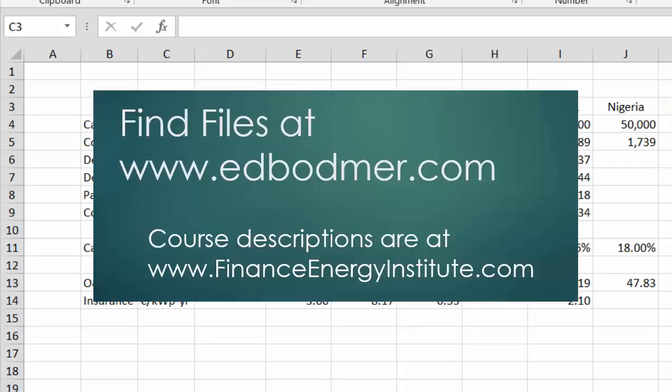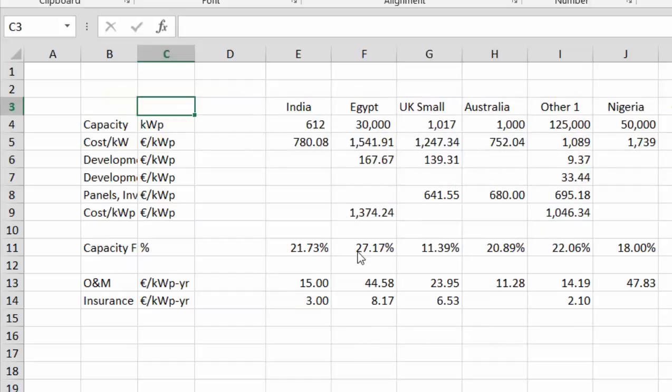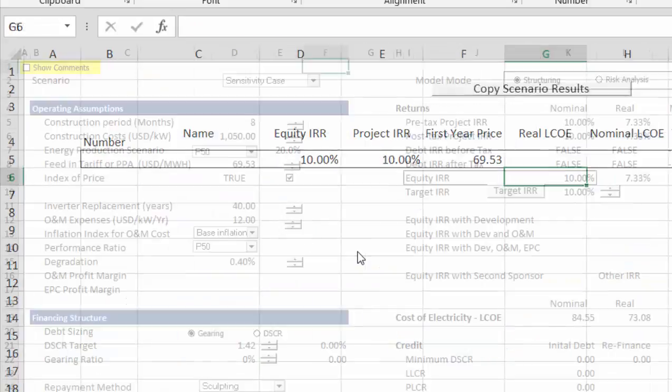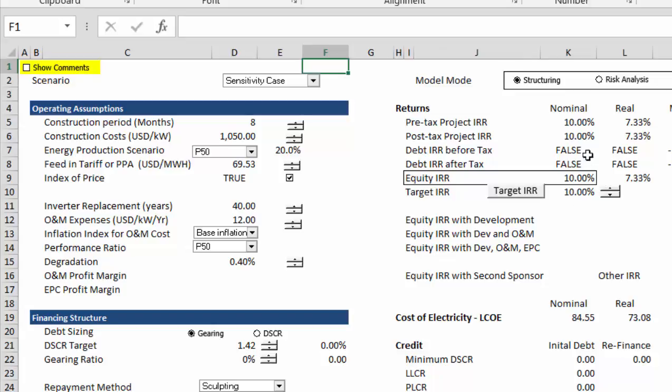Okay, this is a second video about the modified solar project. In this case, I selected a few examples and I've discarded a lot of them. We'll just look at what happens without any financing effect. What happens simply now that we have our target IRR and I have no debt. Well, let's just look at what happens to the feed-in tariff or the required PPA price,